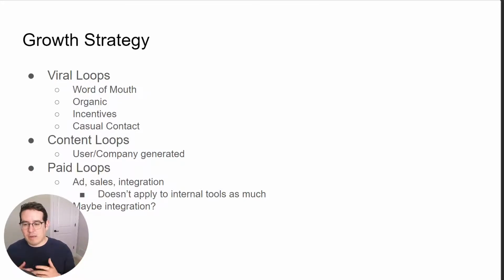Try it all. Try everything. See what sticks. Paid loops, I didn't really dig into that a whole lot. The one thing that I did talk a lot about with my internal tools study group was integration. Integration of products within the enterprise. And while this might not have been exactly what they were thinking with paid loops, in that maybe it's some